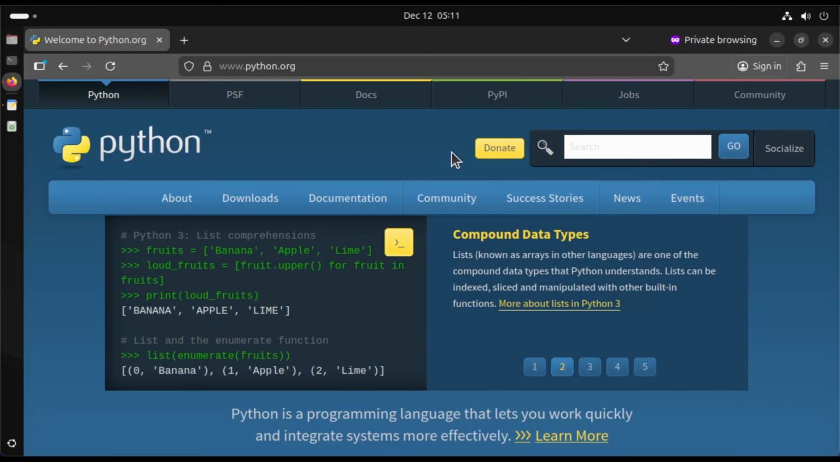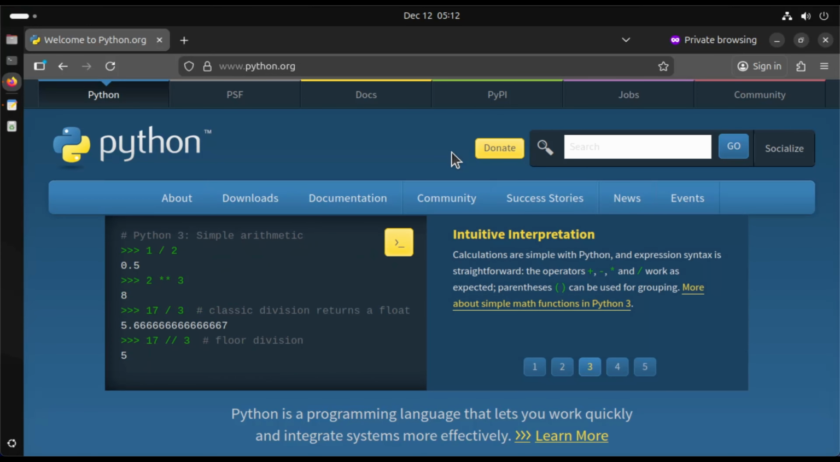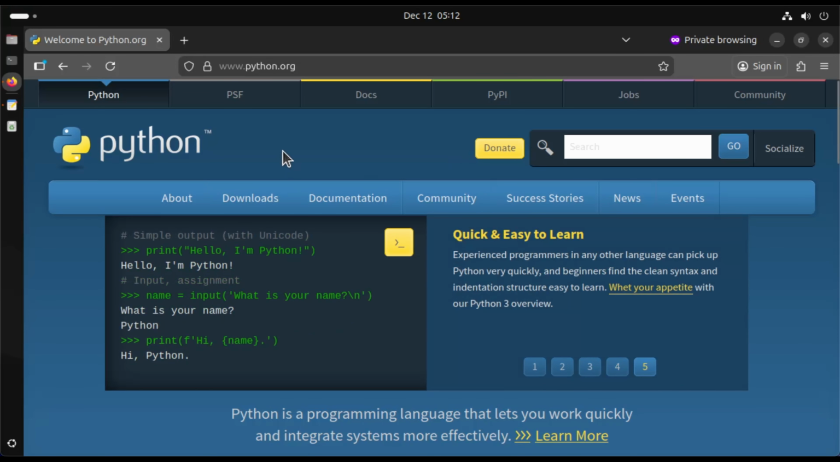In this tutorial, we are going to install and configure Python on Ubuntu Linux. By the end, you will have everything set up and ready to start coding in Python on your Linux. Let's dive in. First things first, in order to install, we need to visit this website, which I have